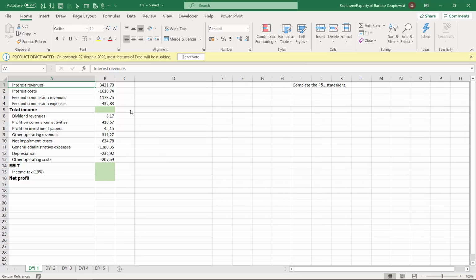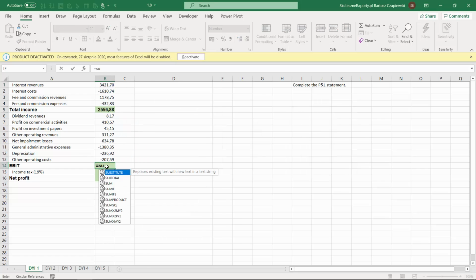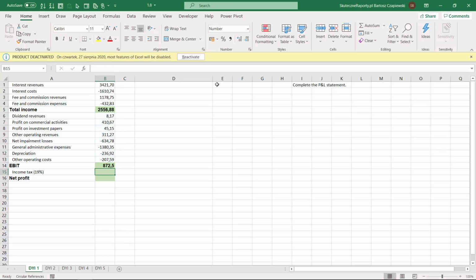The first exercise, we shall complete the profit and loss statement. So we need to sum up using, for example, the keyboard shortcut to AutoSum. Then we have some second part of this P&L that should sum the total income with all the other positions that we have below. This is how we calculate the earnings before interest and taxes. Now we have the tax rate, which means we need to multiply by 19%, and at the end we calculate